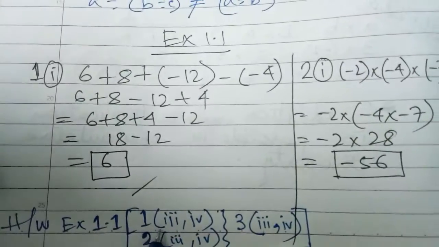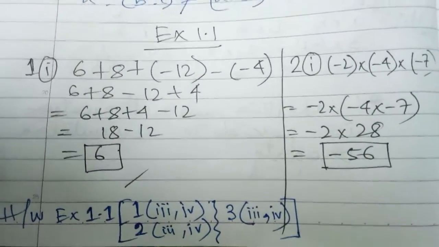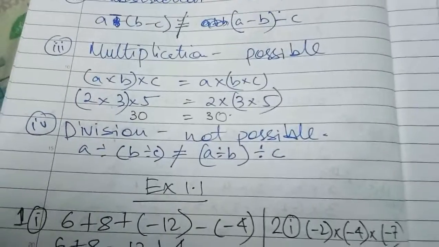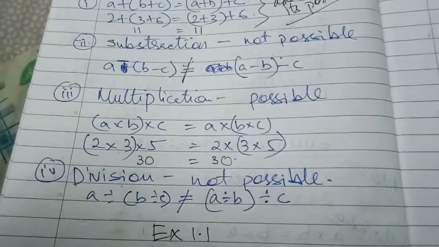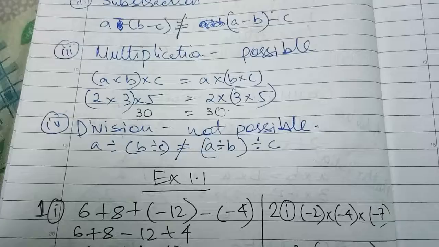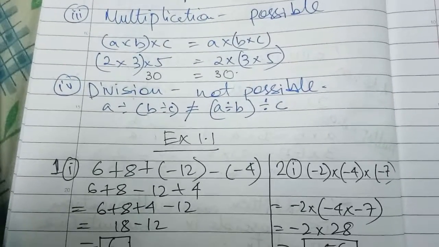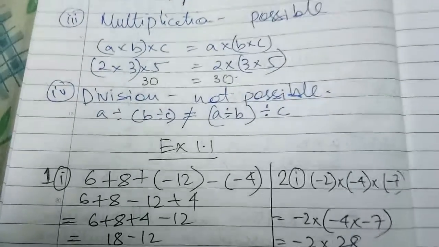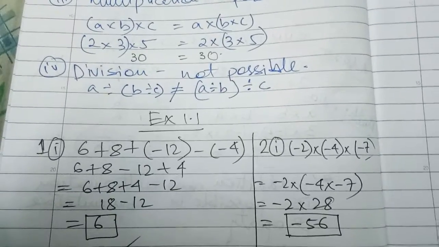Okay. I have given some homework also from here. The homework is 1 part 3 and 4, 3 part 3 and 4, and 2 part 3 and 4. Note all these down in your copy, and after noting them down, go through the properties properly, and you can go through the examples from your book also. The last thing is that until you know the properties, you will not be able to do the sums. Okay, and go through the BODMAS rule very properly.